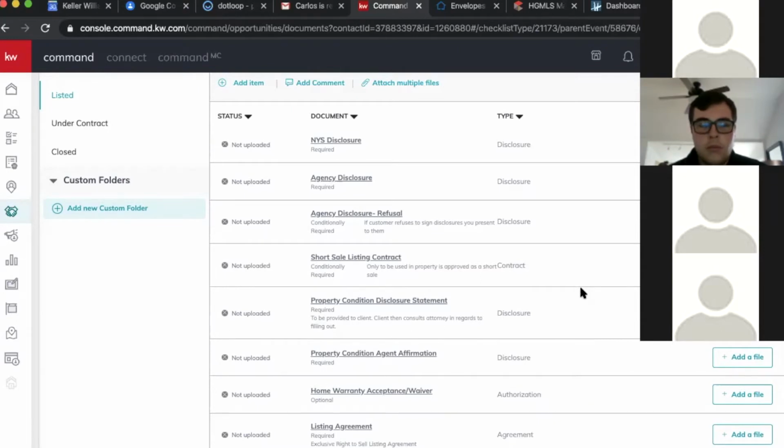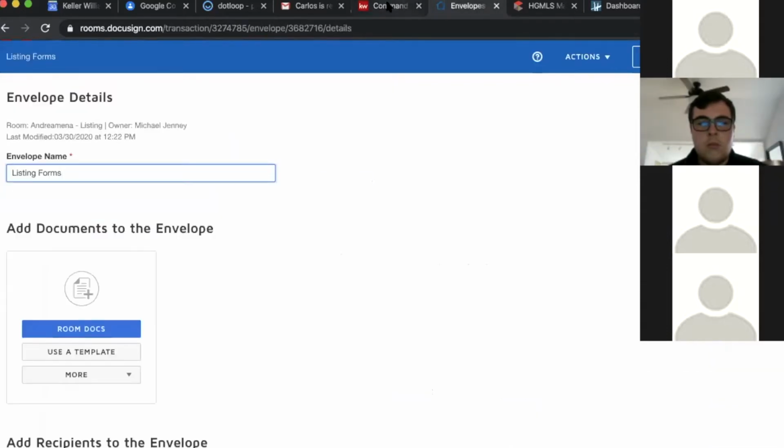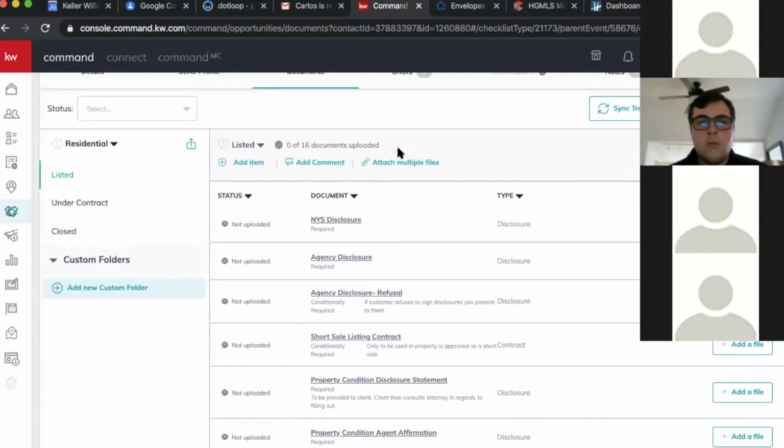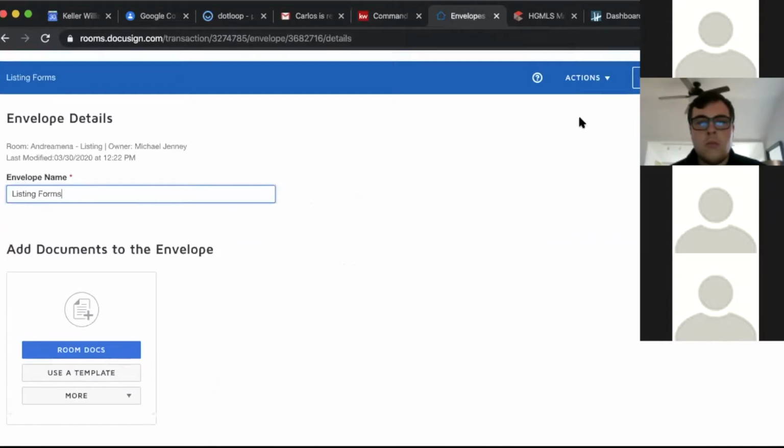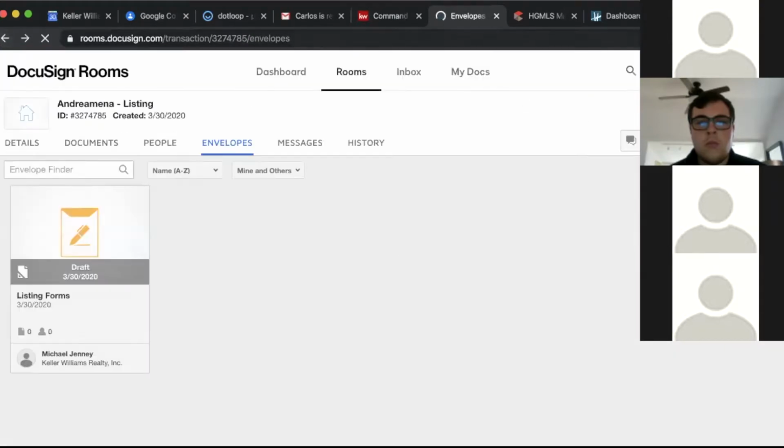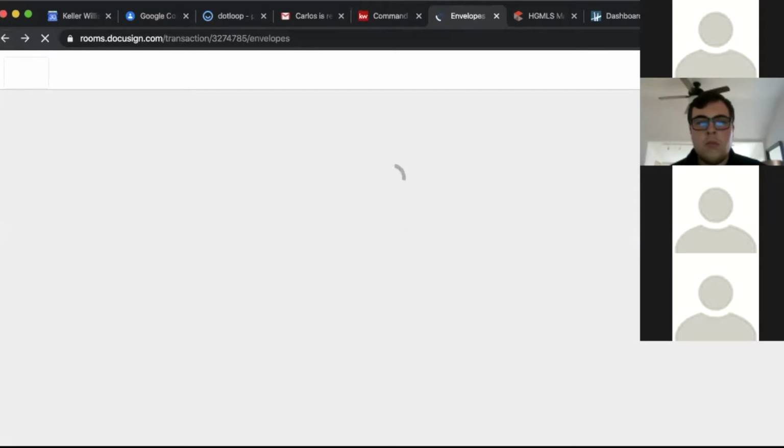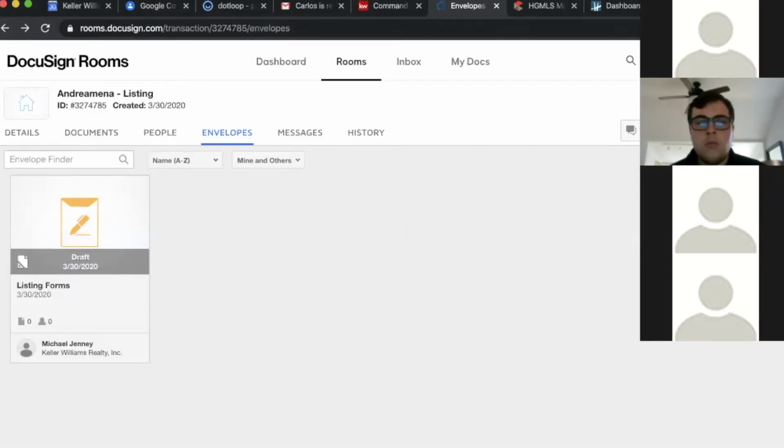Now, are there templates like Dotloop where I don't have to retype my name in every time? Yeah, it is a similar setup. But like I said, in order to get the documents that we need on a day-to-day basis, right now we are not set up. The forms don't reside in DocuSign. We have to import them. Right now when we use DocuSign through command, we're just importing what we have already. So say you have documents from Dotloop, you can just import them directly into your command for now. And that's where once you bring them into DocuSign, that's when